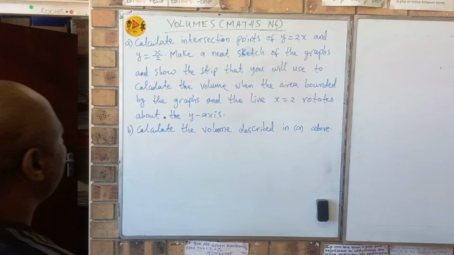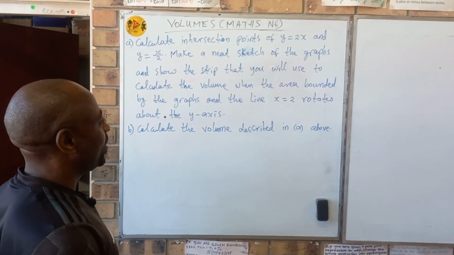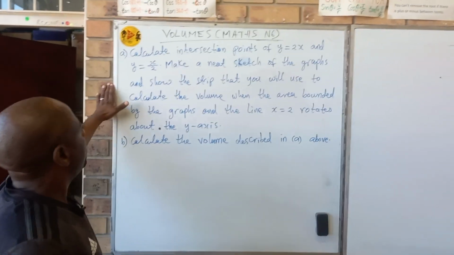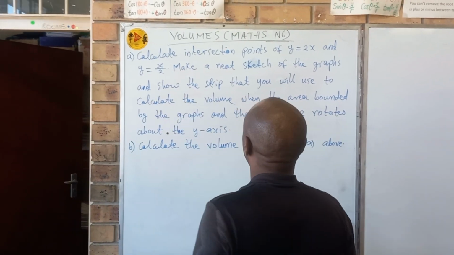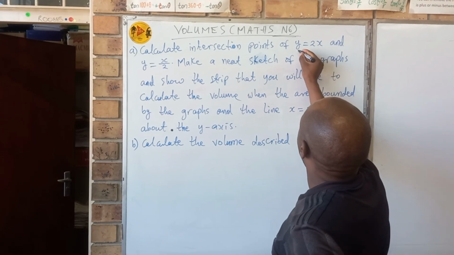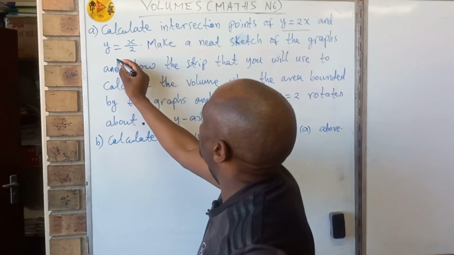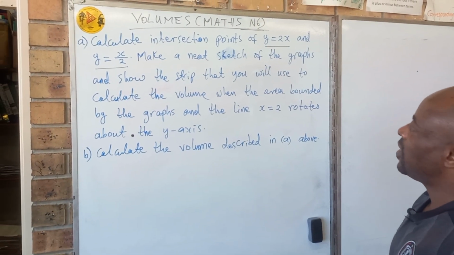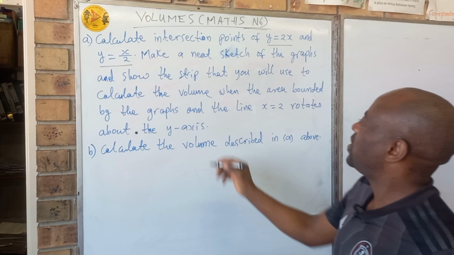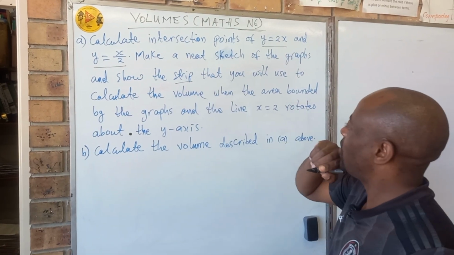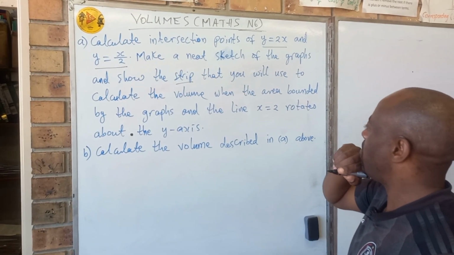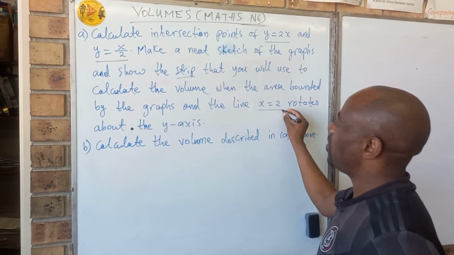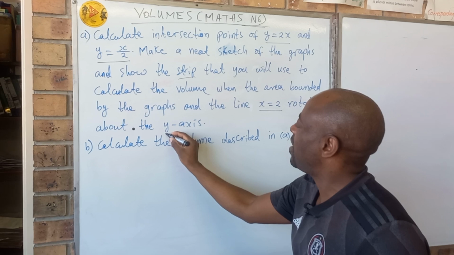Today we're looking at how to calculate volumes in mathematics. So we'll start with this simple question. It says we should calculate the point of intersection between the graphs y equal to 2x and y equal to x over 2. Then make a neat sketch of the graphs and show the representative strip that you will use to calculate the volume when the area bounded by the graphs and the line x equal to 2 rotates about